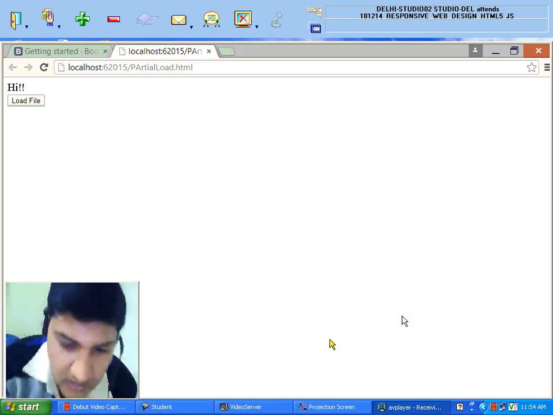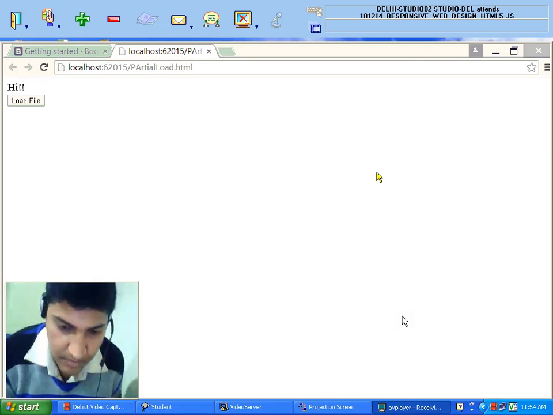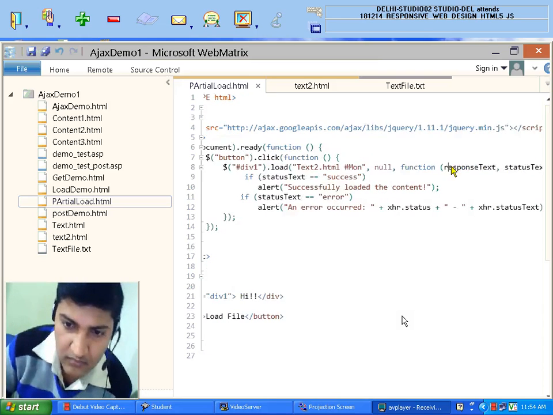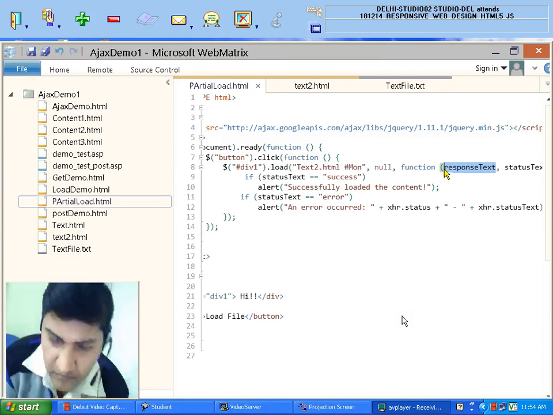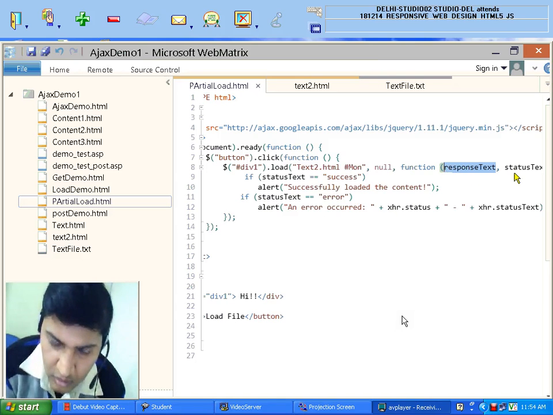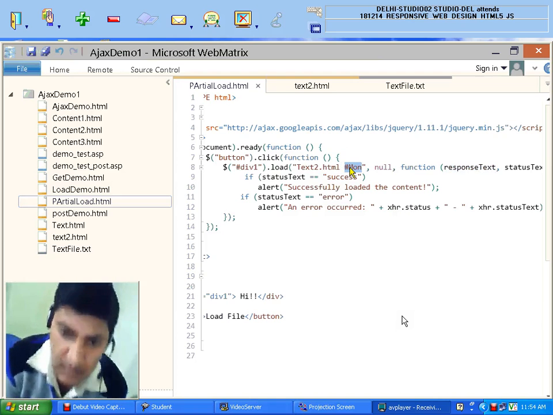See, what I gave you as an option here is, when I use the load method, maybe I want to load the whole file. Further, I filter it by using the div ID.